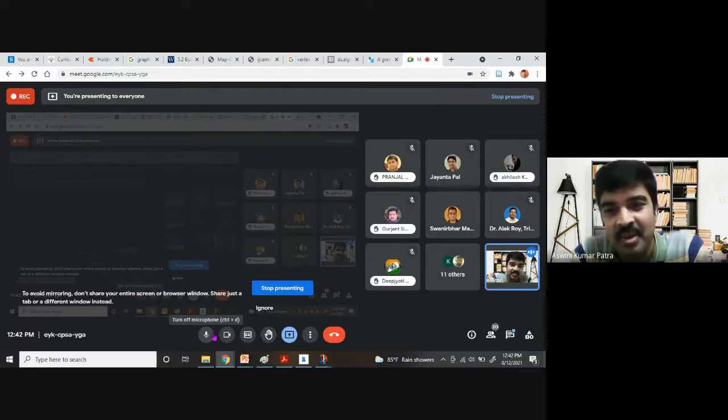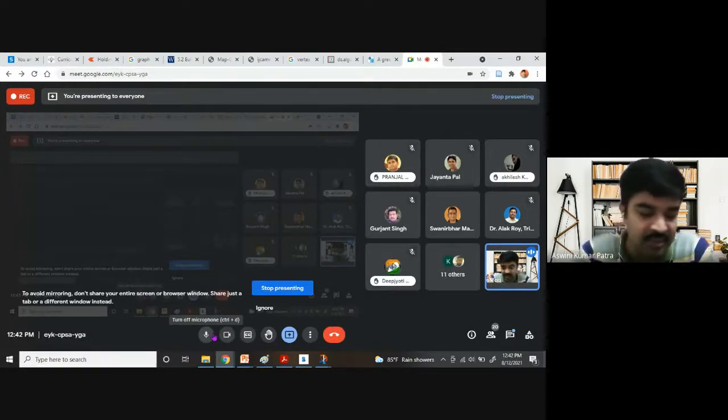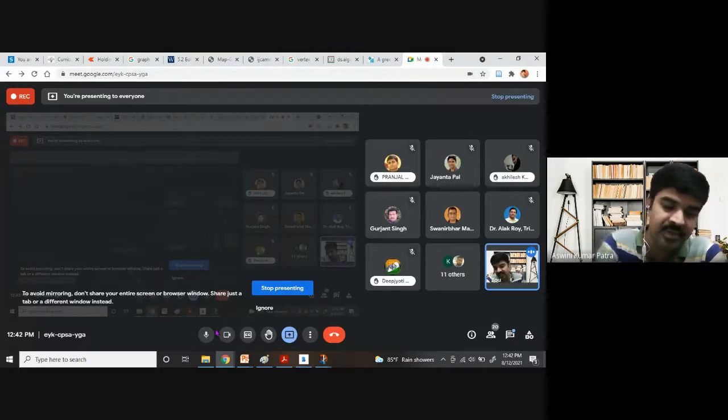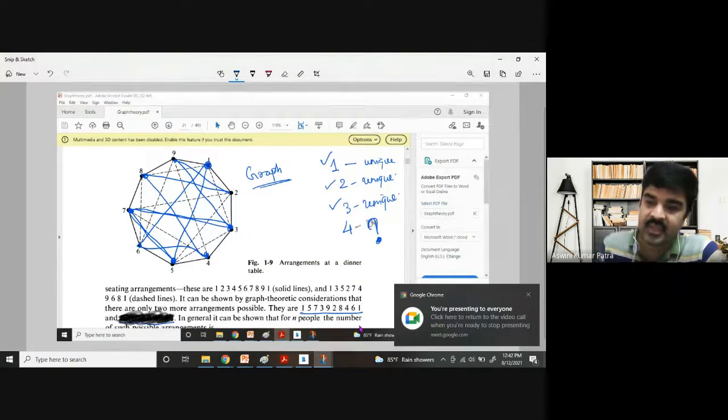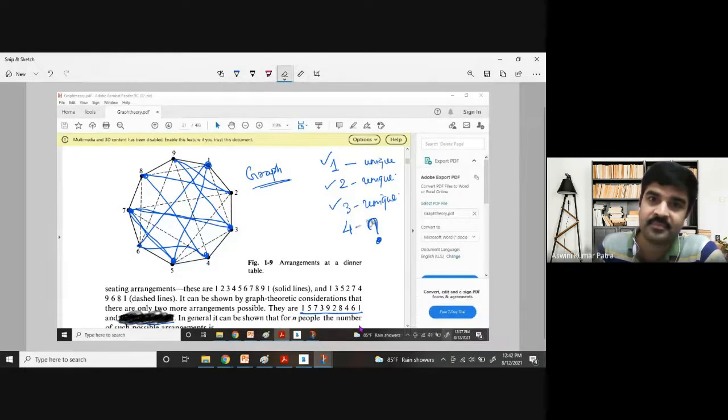It's a very typical problem, and this problem could be introduced from class 6 onwards. It's not that difficult. Class 6, 7 students can understand this. At most, you can introduce it to class 8. So why am I telling this? Because I told you that we can have puzzles like this, or we can have real world problems of many kinds. That's why I'm introducing you to this problem. See, if you are not coming up with the answer, I'll show you the answer.